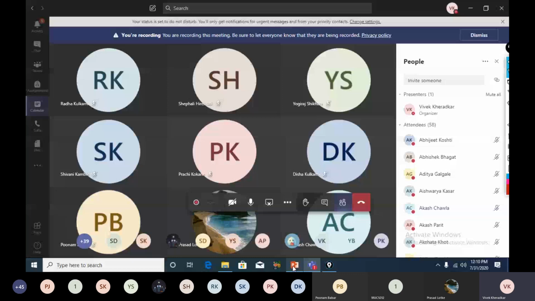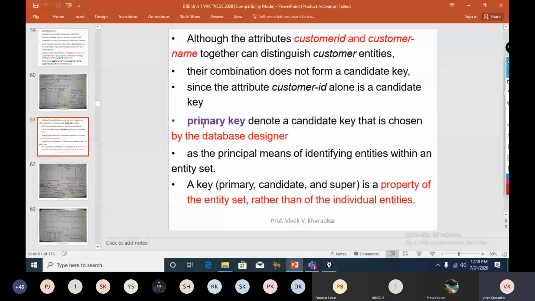A primary key is a candidate key. So again, whichever candidate key you identify is nothing but a primary key. A primary key is a candidate key, but a database designer must choose one of the candidate keys as the primary key. As you know, in the previous example, you identified two candidate keys. So the choice is given to the database designer to pick one of the two candidate keys as the primary key, and whichever remaining key is called an alternate key.